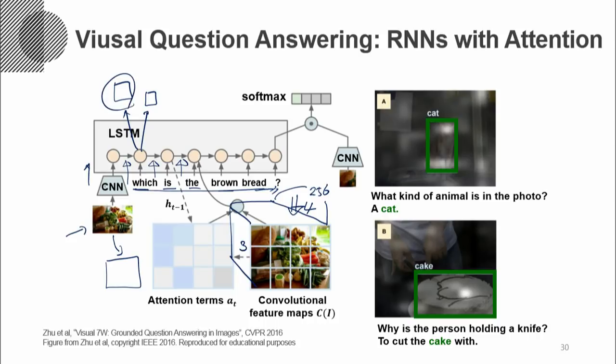Given this attention map, or this distribution over these 3 by 4 different regions, we can still compute this context vector, or weighted average vector, of each of these 256 dimensional vectors. And then we feed this attention weighted vectors, or context vectors, at each different time step by using a